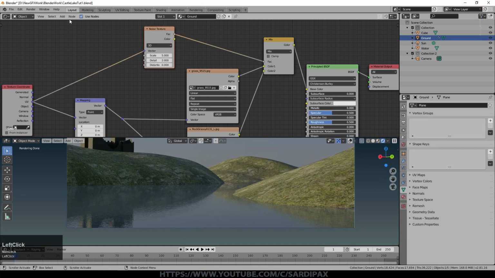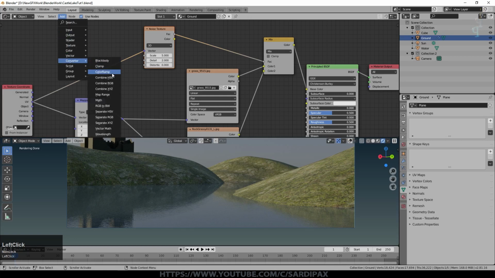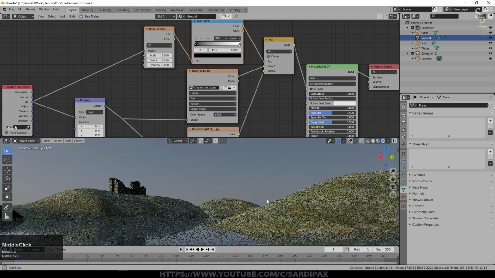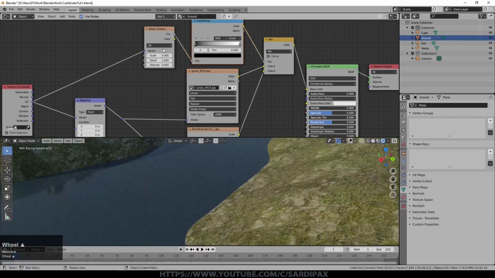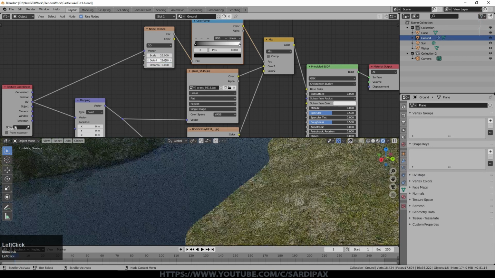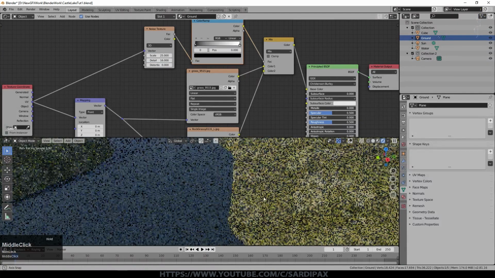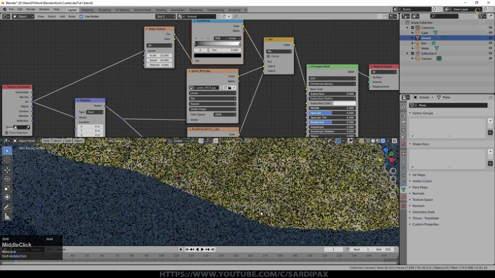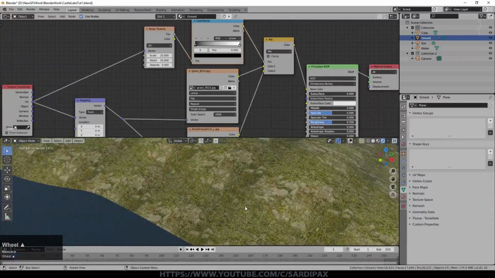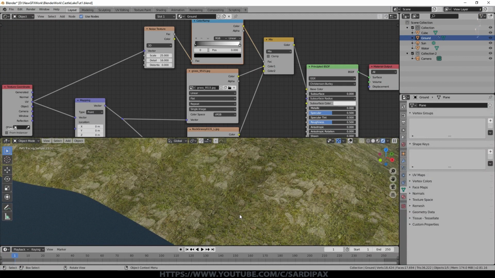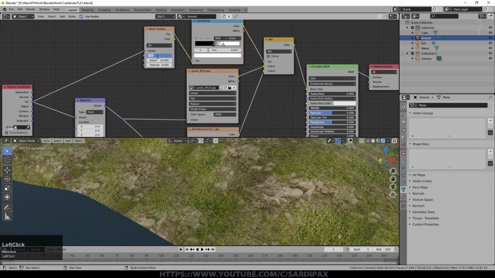I also added under converter a color ramp so that I could control how sharply it mixes between one and another. And I'm going to set the scale to 25 and the detail up to 16. So now you can see, if I look at this larger area of land down here, how we are mixing between each of the two different textures. And I brought this up somewhere like this, and perhaps I'm going to go for about 30 on the scale.